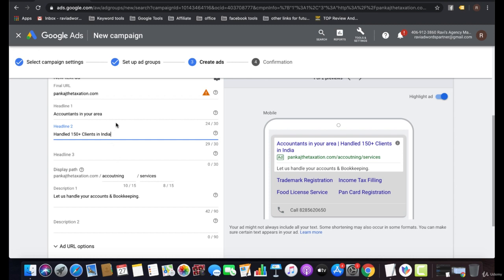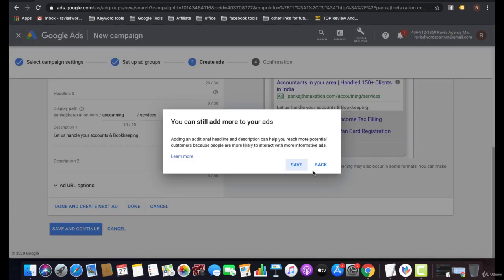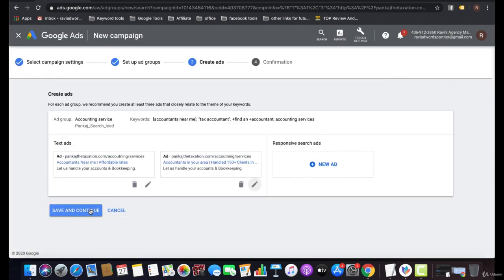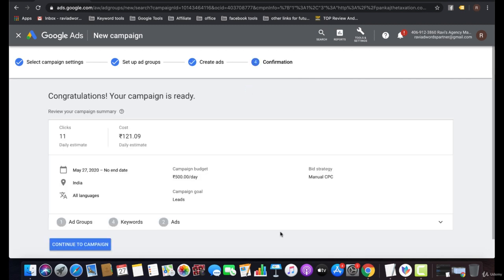I'm going to test headlines only, headline 1 and headline 2, to see which headline performs better. So I'm going to save and continue, and now our campaign has been created.